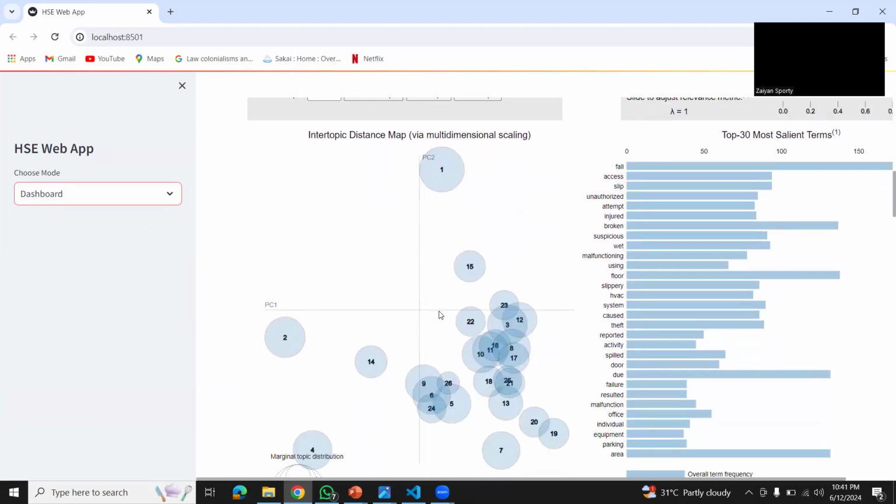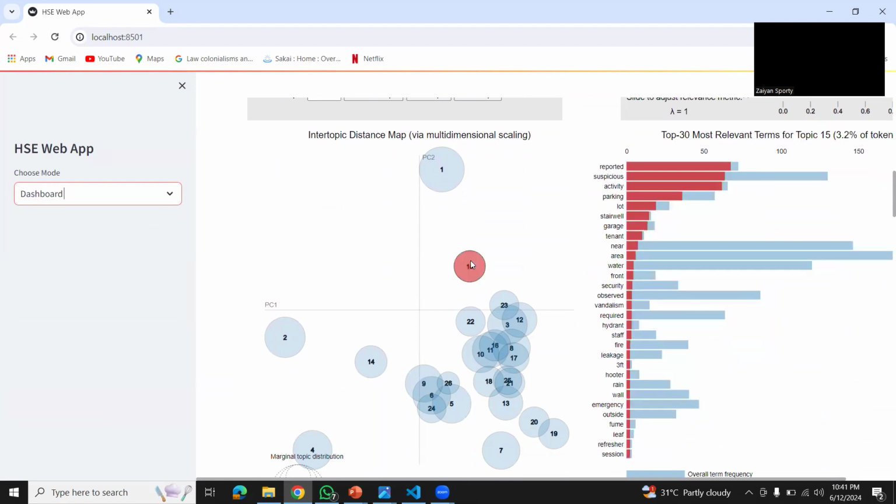The others were just added to give whatever extra information they can. So that is the basic demonstration of our project right now.